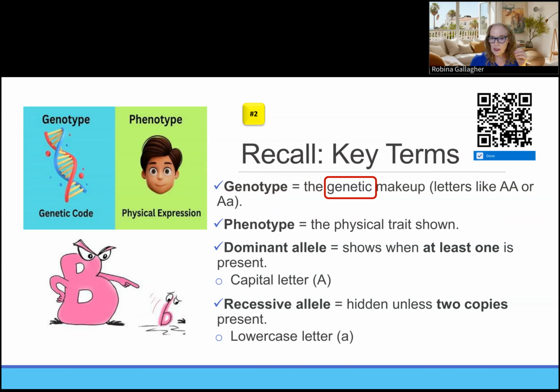A dominant allele is a version that's going to mask another one, and it is represented with a capital letter in the genotype. A recessive allele is hidden unless there are two copies, and recessive alleles are represented with a lowercase letter in the genotype. But remember that all of them